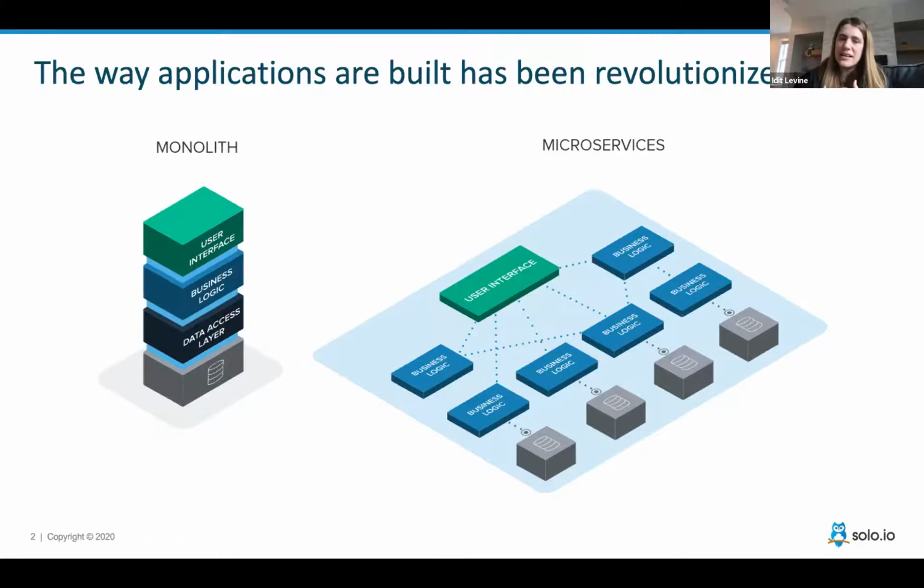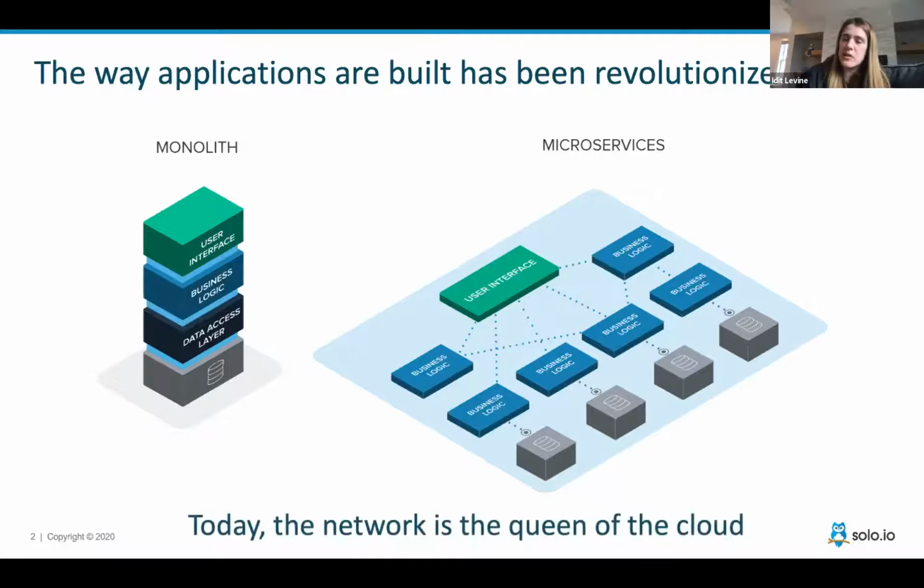But that also means that everything is now going to happen on the network, right? Simple stuff that before you definitely did not need to take care of, like how the pieces of the application communicate in the same binary. Now it's different because they are different binaries. Same thing with observability. We solved one problem, but we introduced a bunch of others. So by this move, we made the network a very important piece of your infrastructure, because now everything is going over the wire.